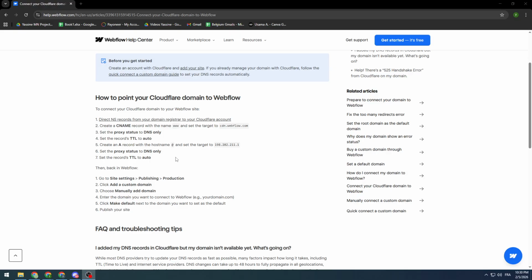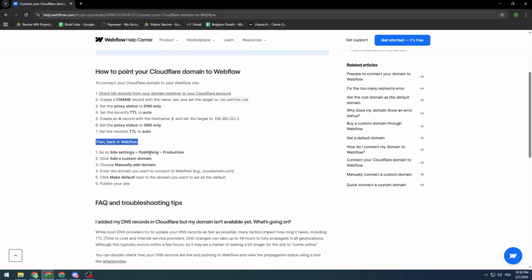Create an A record with the hostname @, and set the target to this IP address. Then set the proxy status to DNS only. Set the record TTL to auto, then back in Webflow, go to Settings, Publishing, Production, click Add a custom